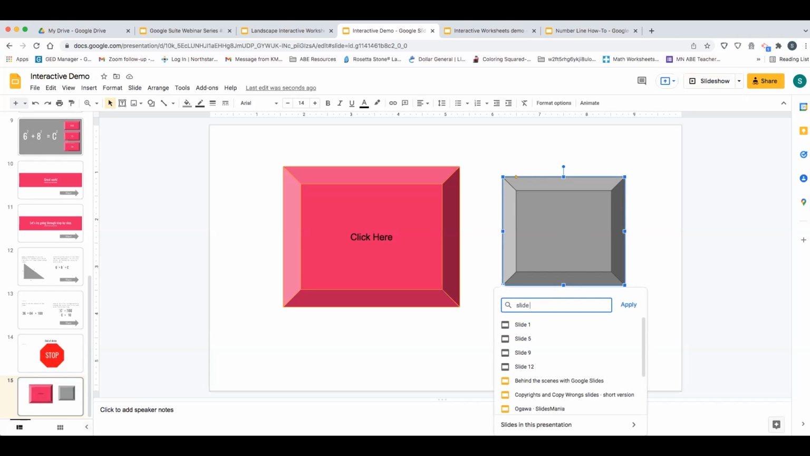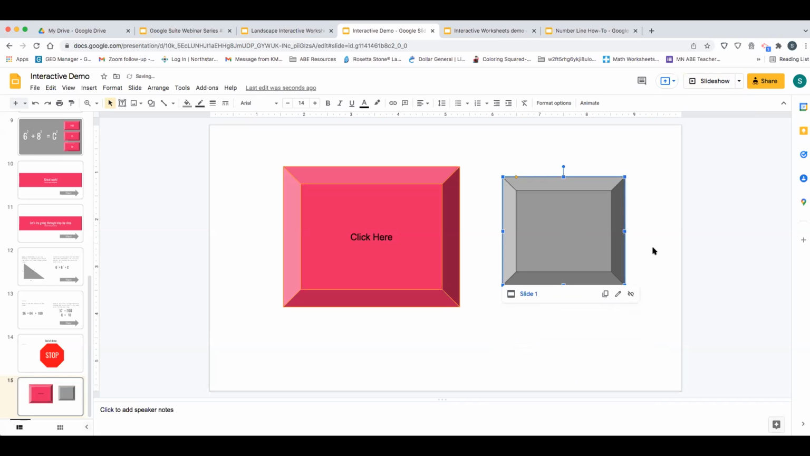But then you can see it pulls up a lot of different options. Slide 1, 5, 9, 12. Usually it'll show all of them that don't have a link already. So I can move this to slide 1. I'll choose slide 1 there. You have to choose it from the list of things. A lot of times it lets me just write it in, but every now and then